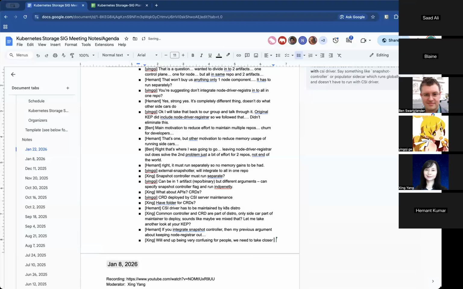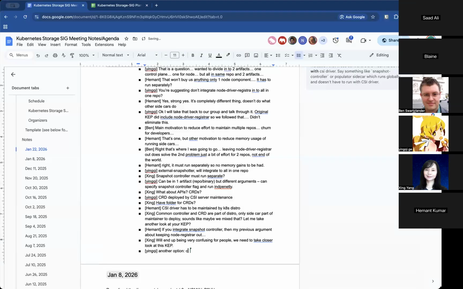And I want to submit a new option: how about CSI driver manager? We can leave the divisions behind. At this point, I think the concern is not so much about the name, but what will be included. The node driver registrar is one thing, then you are also including the common snapshot controller, and the CRDs are another concern.